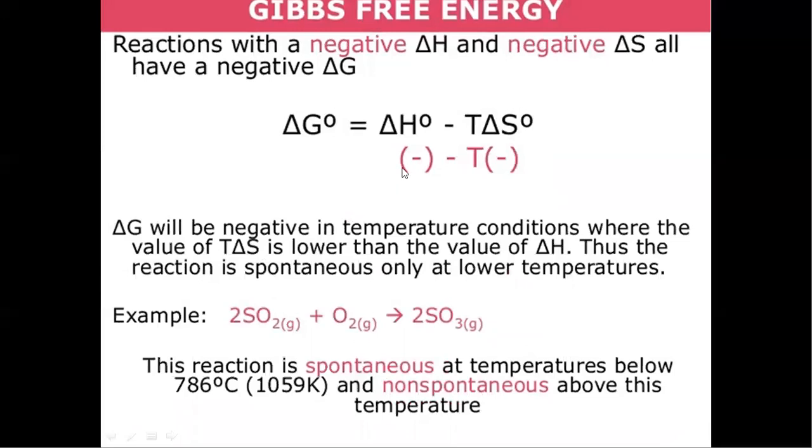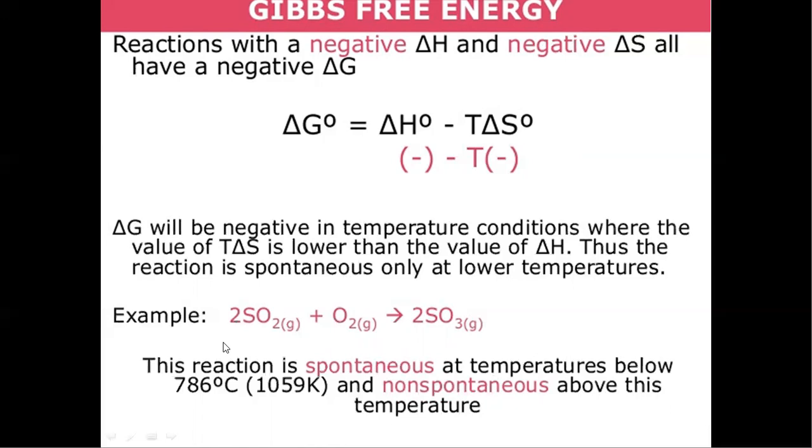And the third case, delta H values will be minus. That means chemical energy will be decreasing, and delta S values will be minus. So here also entropy values will be decreasing. As already told, entropy values depend upon disorder here. So orientation is ordered, that's why it is giving negative values at this condition. If the temperature is low, then it gives spontaneous reactions. If the temperature is more, then it gives non-spontaneous reactions. So this is the example for this case.